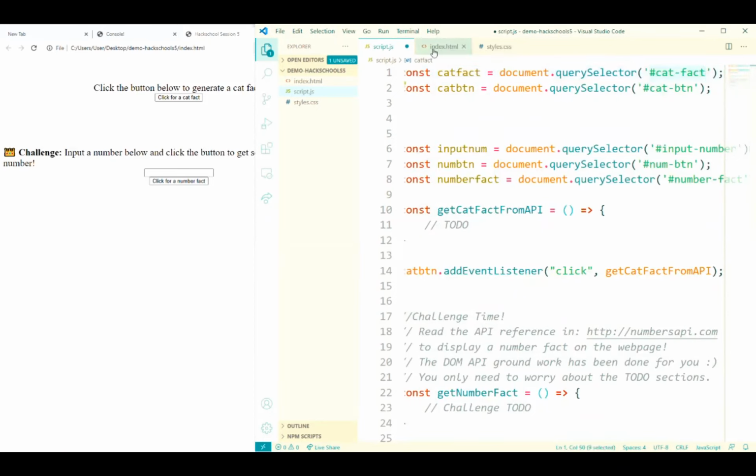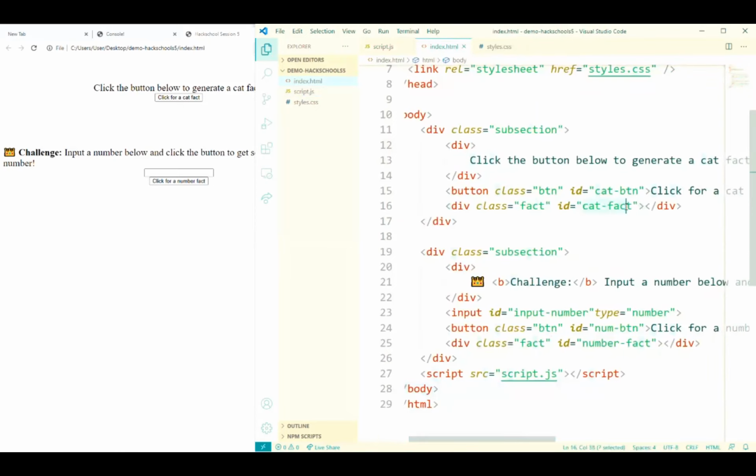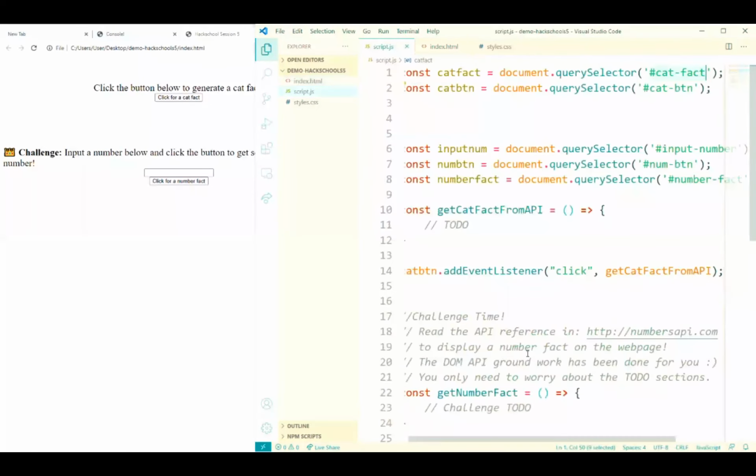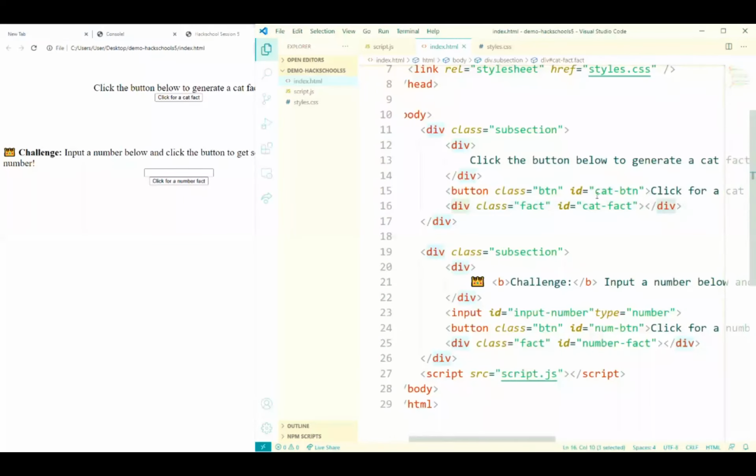If you go back to our index.html, you'll see that this ID refers to this div here, so right now we have selected this div. Then, if we go down, we have cat button, and we have selected it using the ID cat button. So this is our button here.